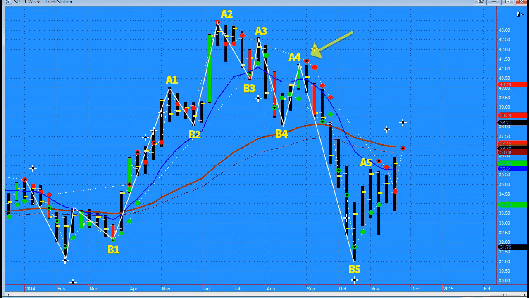The next rally to A4 reset the clock to 1 o'clock, followed by a sell side vector control, a fire bar, a red fire bar, and an Alpha 1 sell that was contra trend to the 200-day at the time, but with a weekly downtrend. The Alpha 1 led to a collapse through B4 and down to B5, turning the 200-day down in earnest.